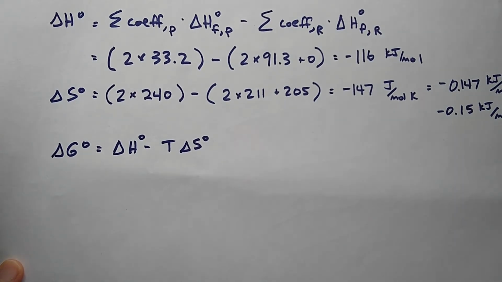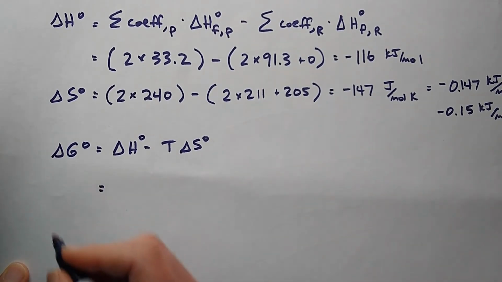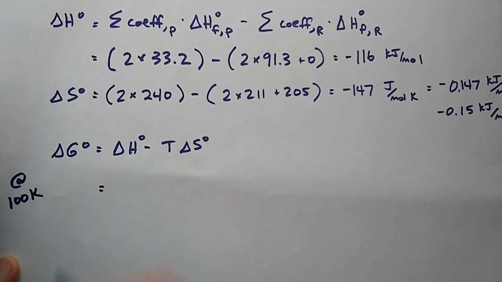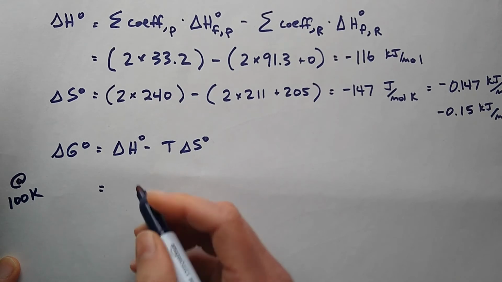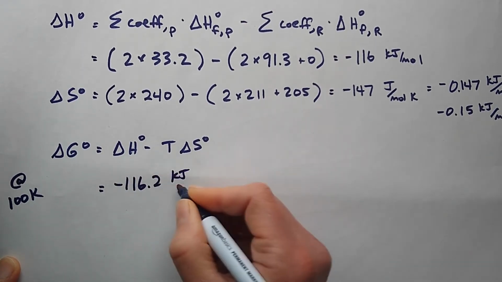So for each temperature, I'm going to assume that my enthalpy and entropy changes are roughly the same, and it's just going to be a matter of substituting in the different temperatures. So starting at 100 Kelvin, my enthalpy is minus 116.2 kilojoules per mole